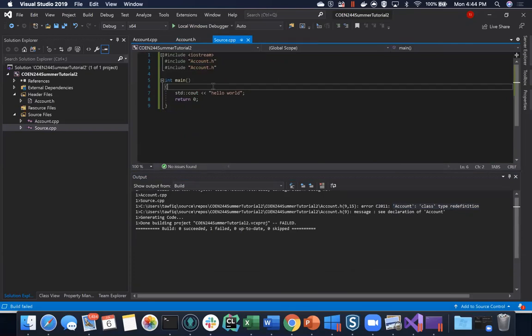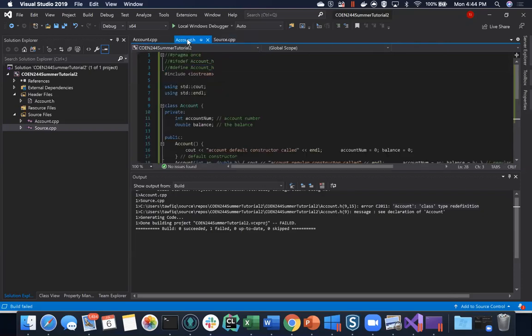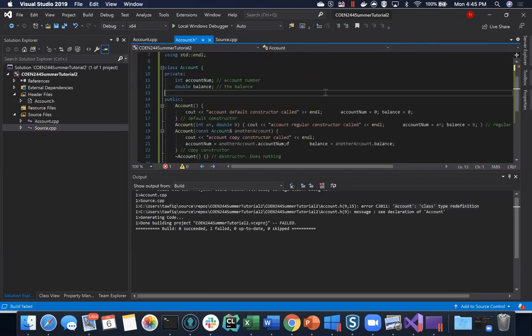The first time we include it, it takes all the code, which is the class account, and defines a class called account. The second time we include it, it does the same thing. It takes the full class, everything in the file account.h, and redefines it. Now, the first time it goes through this account.h file when it includes it, it will say,